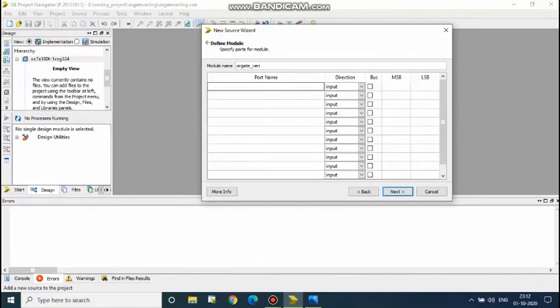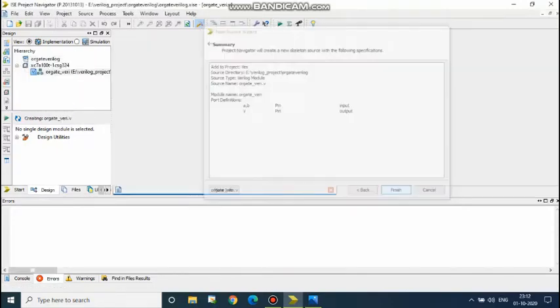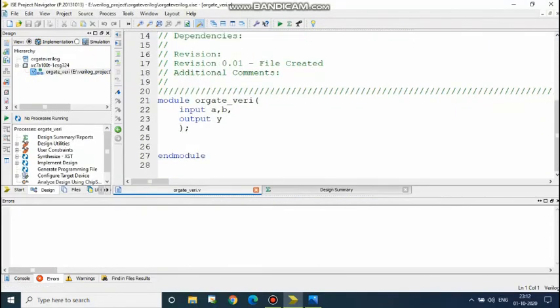Give the inputs as earlier, and Y as the output. Next, finish. Here you can see the changes. Earlier there was an entity, here the module keyword is used. You just have to write the line assign Y equals A or B.